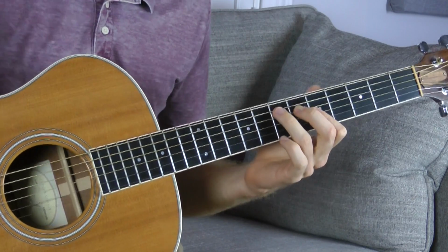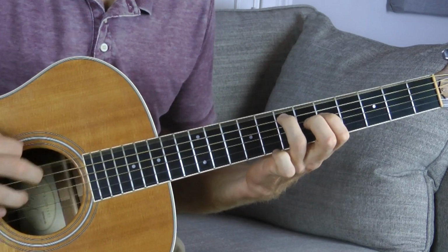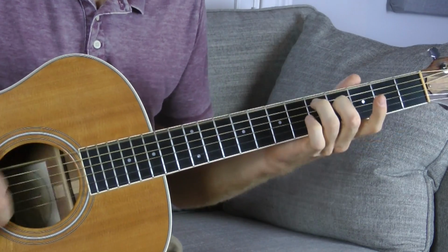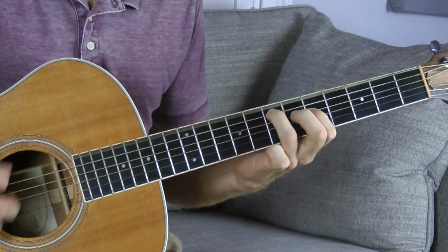Like maybe let's start with the E minor to really establish that we're in the key of E minor, going for like a minor thing. Maybe go to the C, D, E minor, to C,